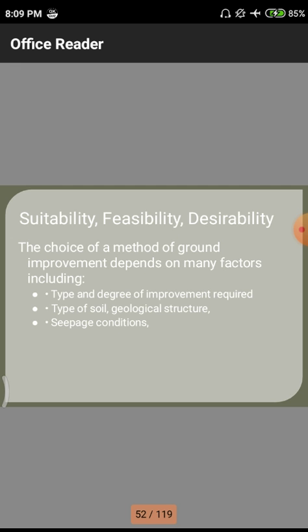That means, we call it 'vaalu' in our Telugu, the slope of the particular ground. If the ground is level, water will stagnate on the surface. If the slope is somewhat inclined to the ground, water will automatically drain off from the particular ground surface. Likewise we are having different kinds of slopes. So slope is the main feature of these seepage conditions.